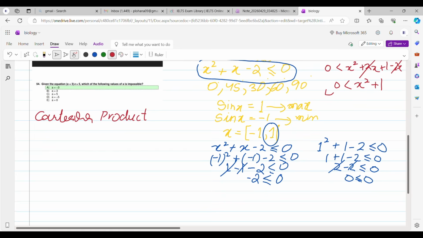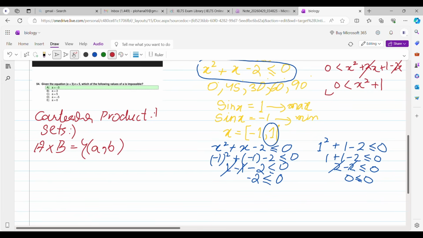Cartesian product, you might have studied when you studied sets. It's a very interesting topic, right? When you studied sets, you might have come across Cartesian product. You should understand the set of the Cartesian product first. Cartesian product is basically the product between set A and set B. It's the set which contains